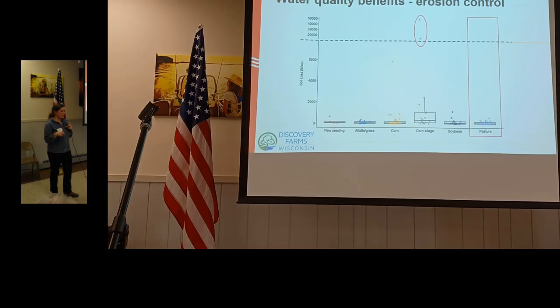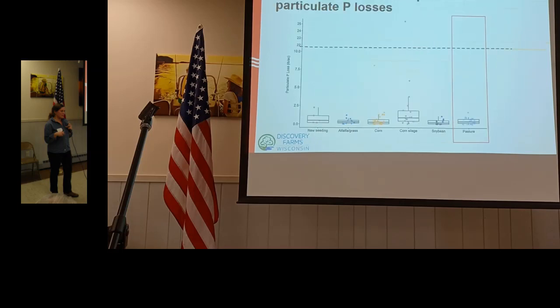And when you're controlling for that sediment, you're also doing a really good job of controlling for your particulate phosphorus losses, or the portion of phosphorus that is bound to soil particles. So this graph basically mirrors what we saw in the last graph, but on the vertical axis, we have particulate P in pounds per acre. And again, when we're controlling that soil, we're doing a really good job of controlling that particulate phosphorus